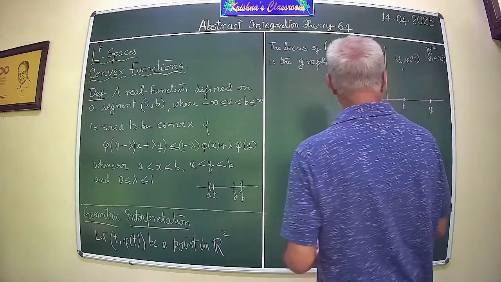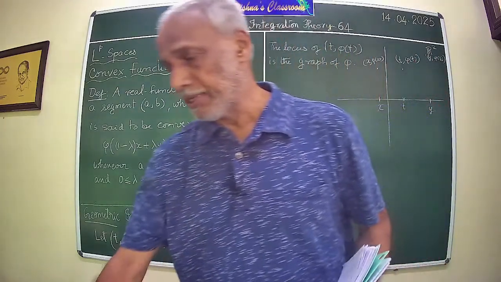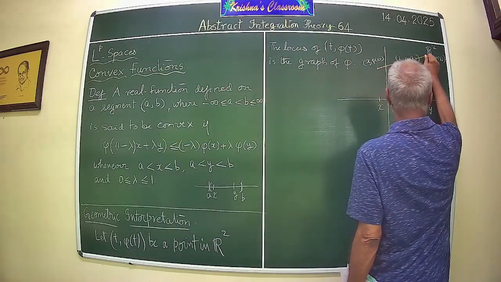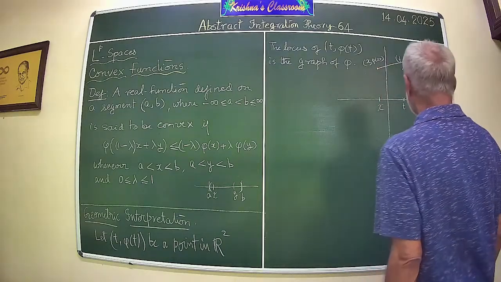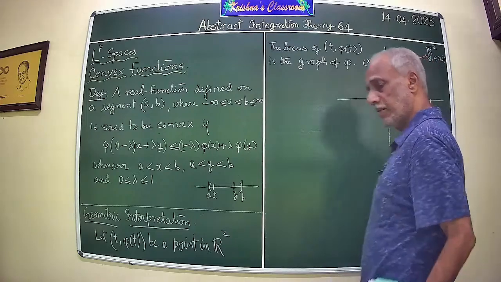Now, if you join these 2 points by a line, then what are the points on this? If you take an arbitrary point on this line,